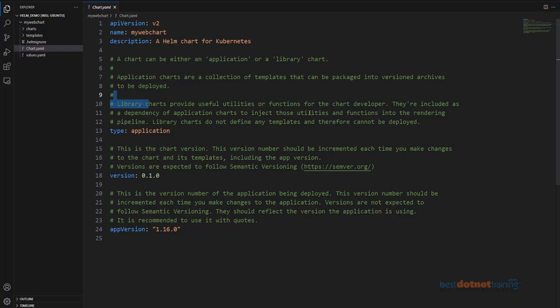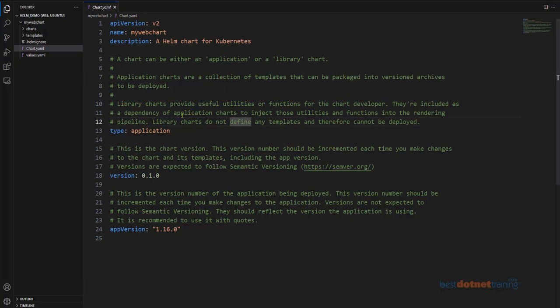So if it cannot run on its own, then what is the purpose of a library? Is it that it is used by some application? Is it that we say a library is used by some application? Correct? So it basically is a set of utilities. That is what a library is, and a library will be used by some application.